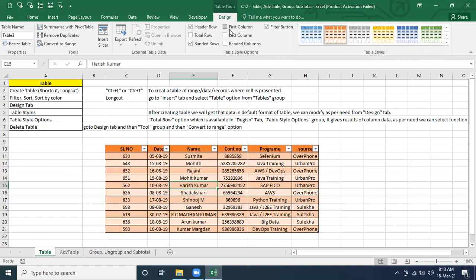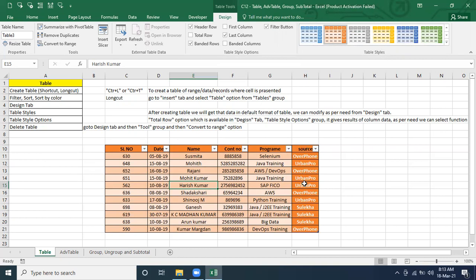When we click on the first column, it should be visible. They have made the background a different color and the font color white. Whatever style, whatever design they have, it's going to work based on that. For the last column, whatever they have designed will come. For the last column also, they have designed it like this.